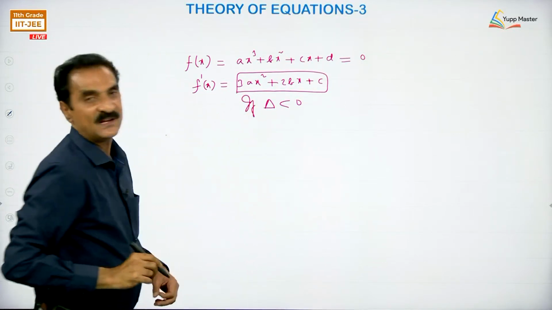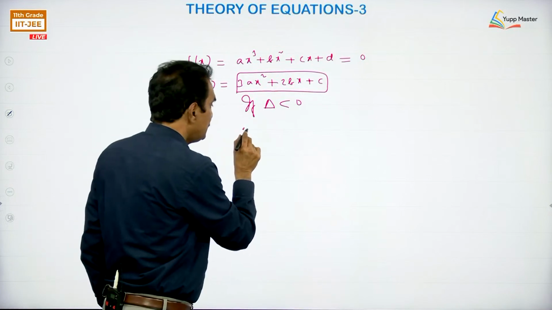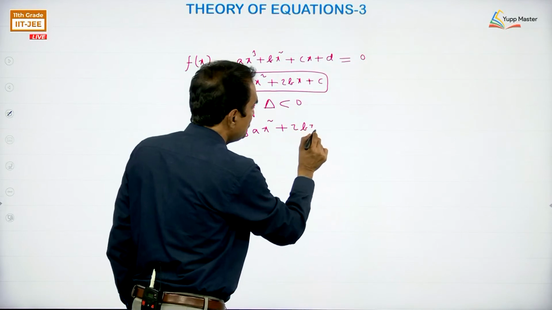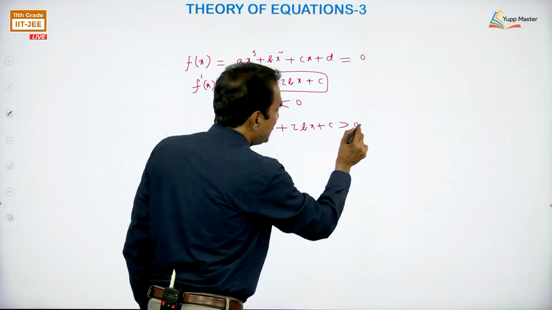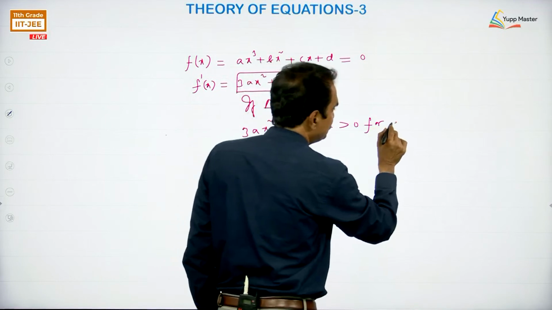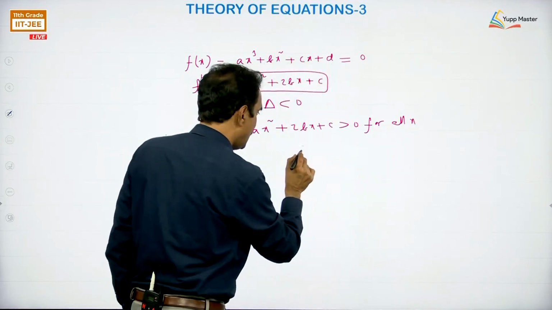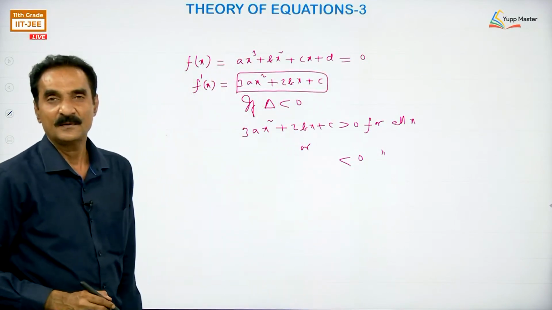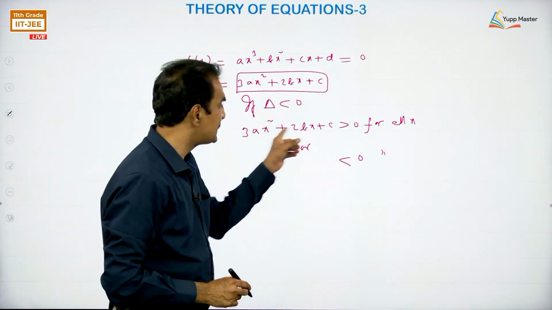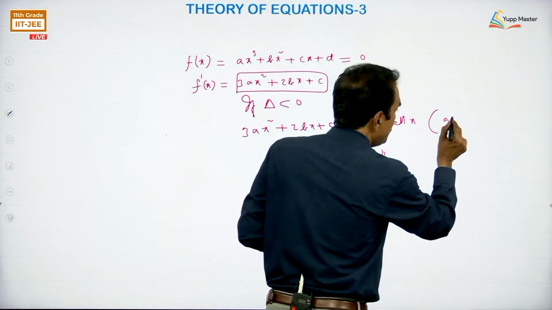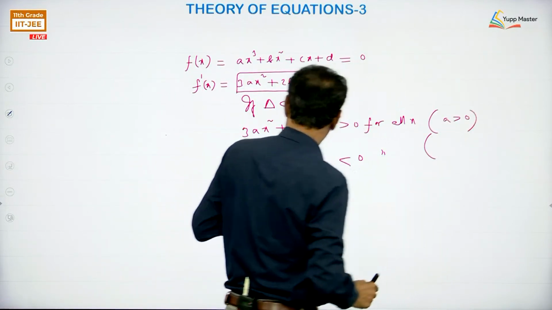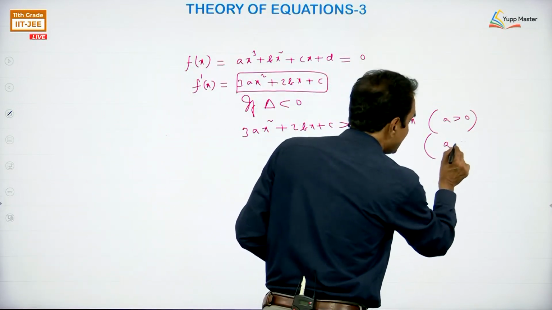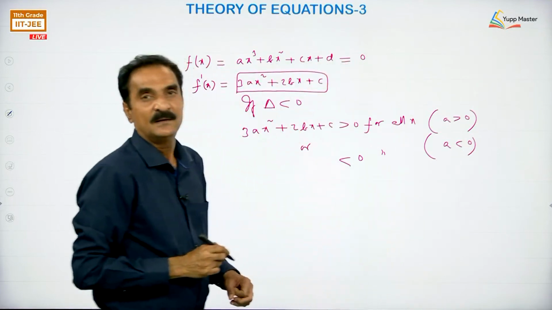If delta is less than 0, then 3ax square plus 2bx plus c is greater than 0 for all x or less than 0 for all x. When will this happen? When a is positive, and it will be less than 0 for all x when a is negative. That means